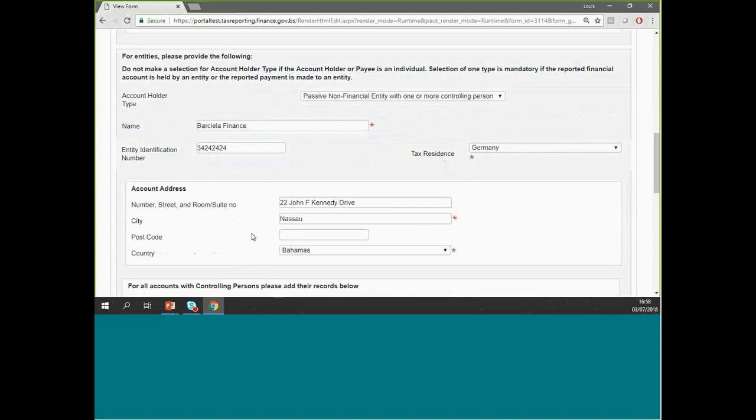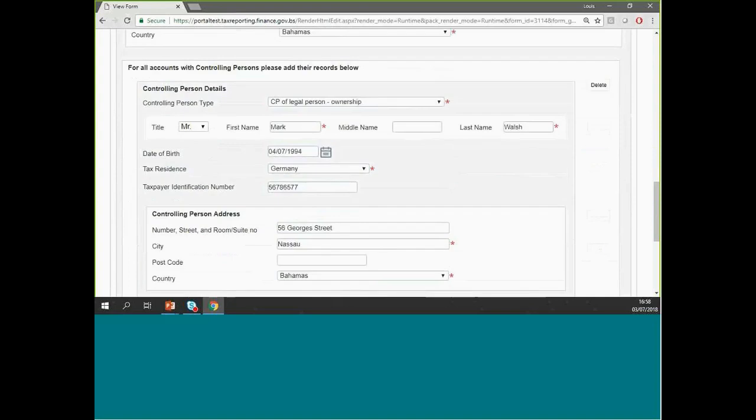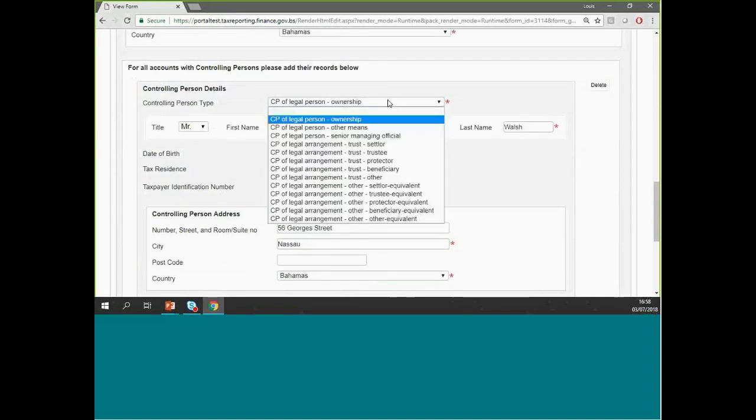We also capture the details of the controlling person as well as the controlling person type. Now, anywhere you see a drop-down menu, the values in there are directly from the OECD. So we didn't make these up, nor did the competent authority ask us to put specific values in there. These are coming directly from the OECD. So we capture all of that information,